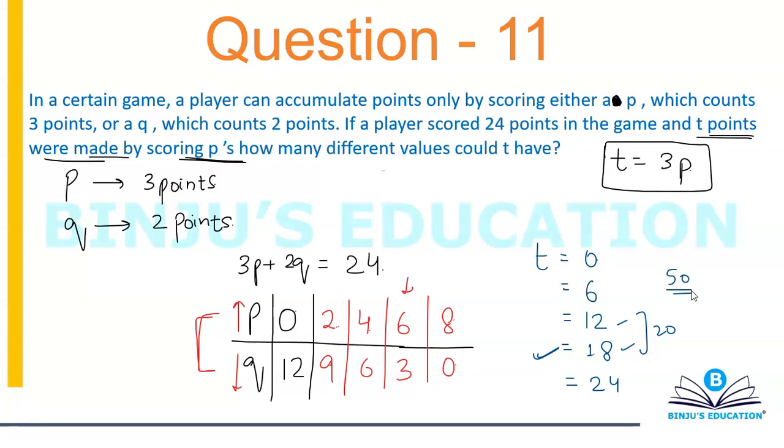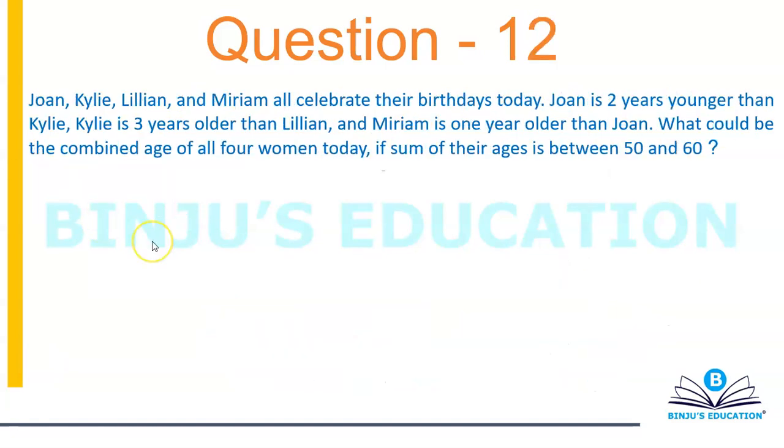So anyways, I hope the concept is clear. That's more important. This is how you are supposed to figure out the values of variables in a linear equation when only one equation is given and you have two variables. Okay, all right, let's move on. So pause the video and try the question yourself first.